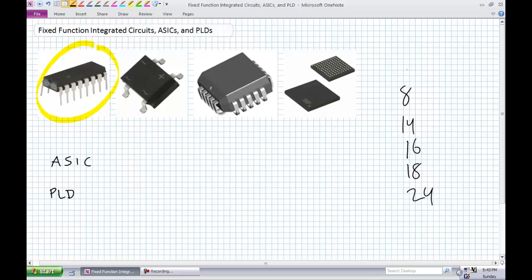Pretty soon you're going to have a bunch of these dual inline packages taking up a lot of space on a circuit board. So then you're going to step up to an SSI, small scale integrated circuit, MSI, medium scale integrated circuit, and so on and so forth. You're increasing the complexity of these things. Finally, you're going to get to the point where you have created the circuit you want. You want to create an